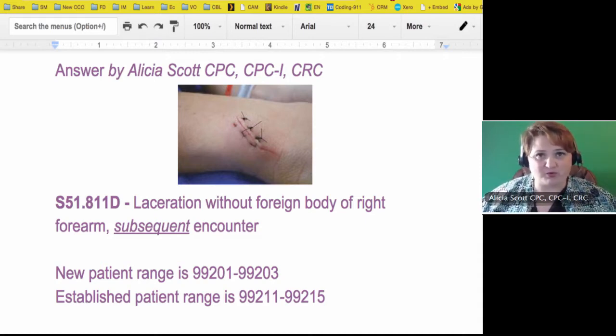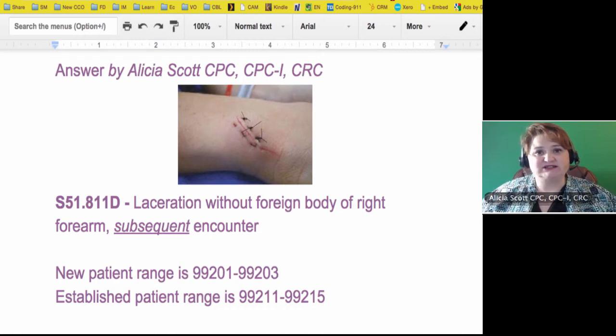The answer to the question is, for ICD-10, and I just picked a particular laceration, S51.811D, laceration without foreign body of right forearm, subsequent encounter. The reason this is classified as a subsequent encounter when you go from having something done in an ER and then they come to you, it's because